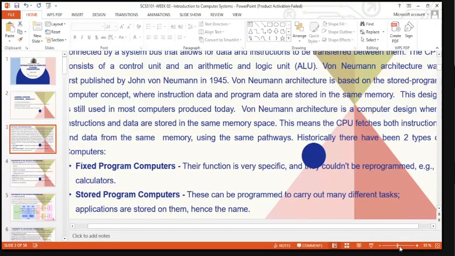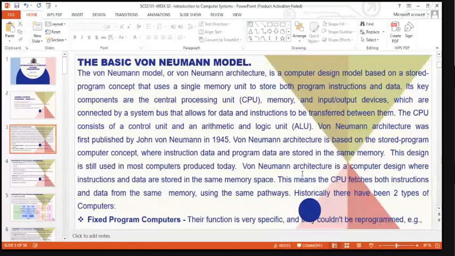The von Neumann architecture is one of the models in computer systems, which uses a single memory unit to store both programs, instructions and the data. Which means you have the processor, like the central processing unit, and the memory of the computer system for storage, and also to process the sequential instructions, and also the input and output devices. Then how are you able to create the connections with those devices to allow the data and instruction